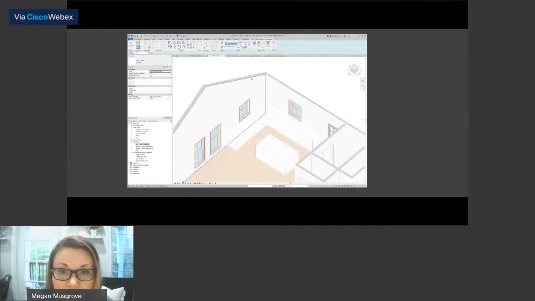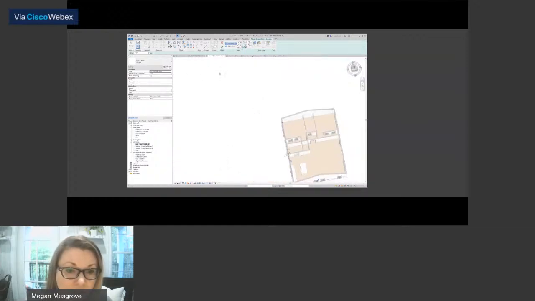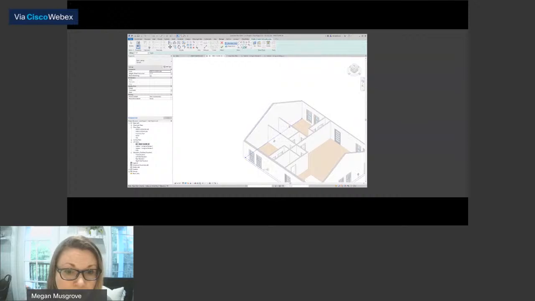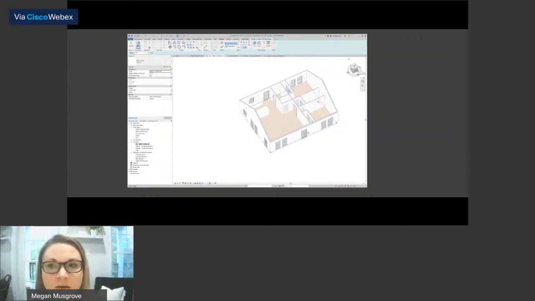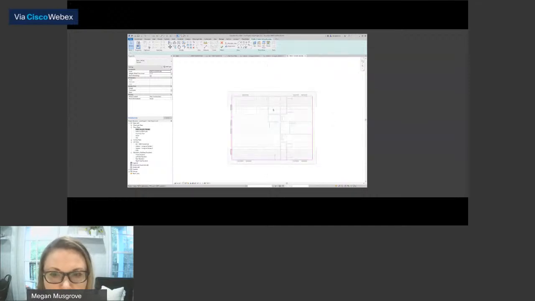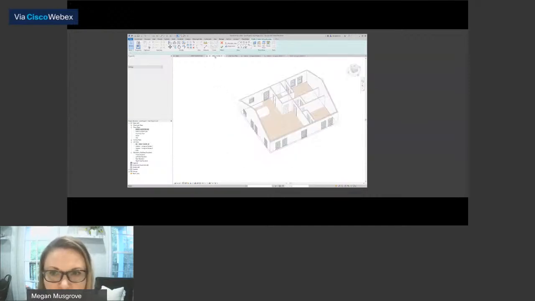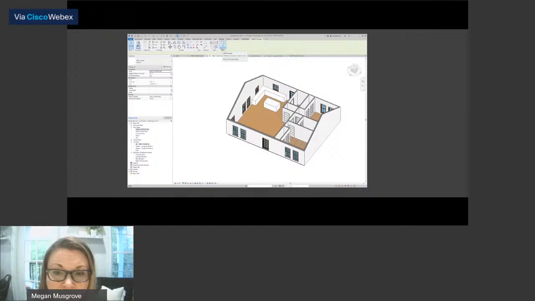But I am going to pick the walls. I'm just going to grab the insides of them. So we're going to click on that one, and we are going to lock it into place. So we're going to grab just these exterior walls, lock it into place. We're going to spin around so we can see over here. Click, lock, and one more, click, lock. So you can do this from a floor plan view. You could go to the first floor ceiling view. You can see those sketching lines anywhere. I just go wherever I can see what I need to see. So we've got those lines there. We're going to hit enter, and